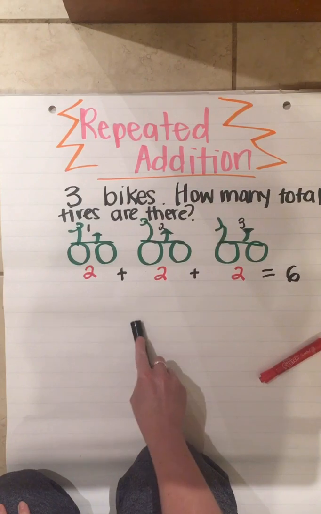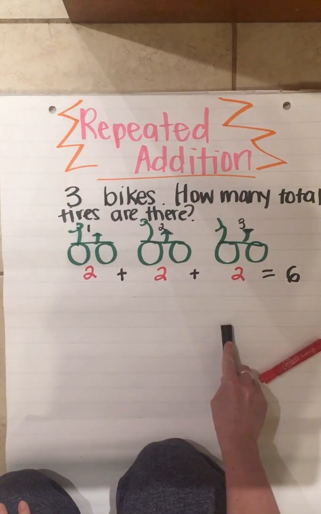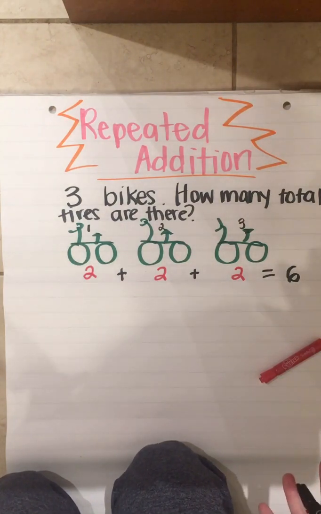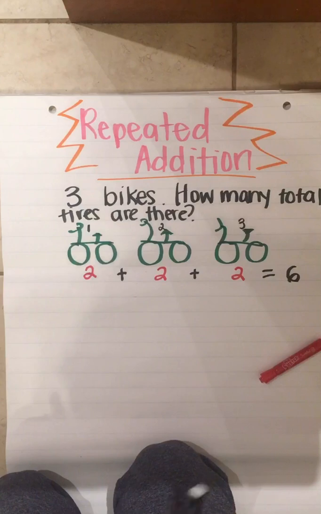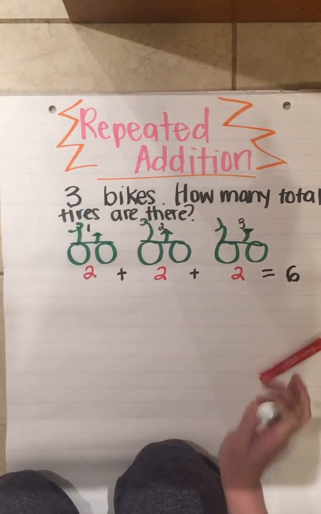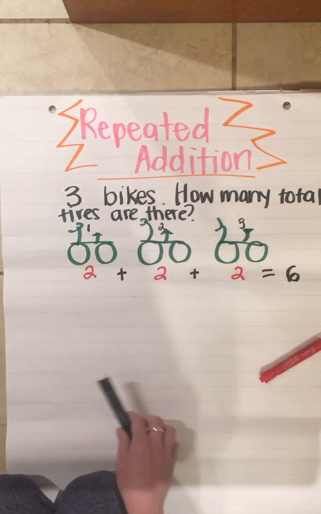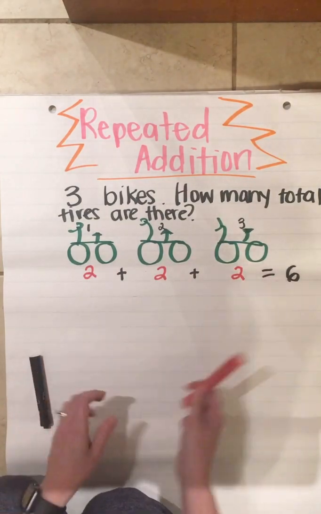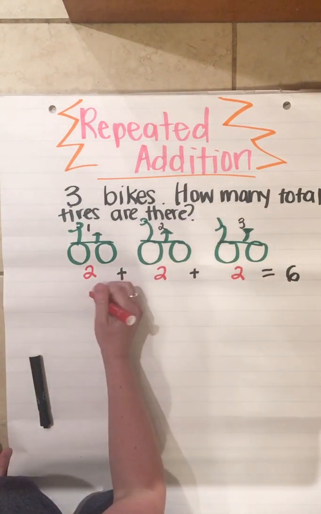You skip 2 each time 3 times to get to 6, okay? We can use any number of our addition strategies that we've practiced to solve this, okay? But I also want you to look at this in a different way, okay? We can look at this, instead of 2 plus 2 plus 2, we could also look at it as